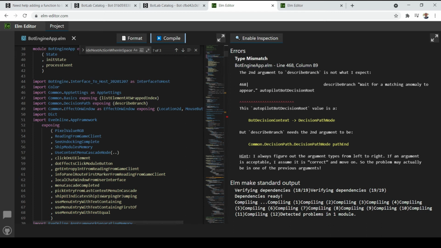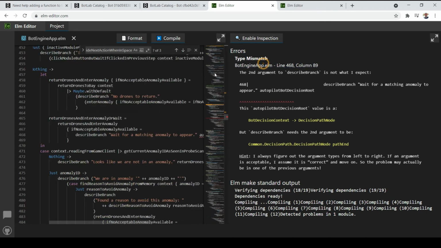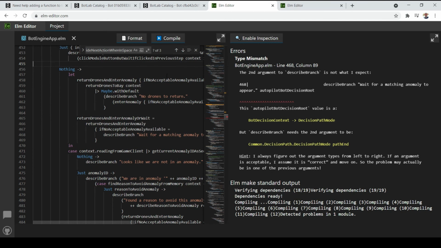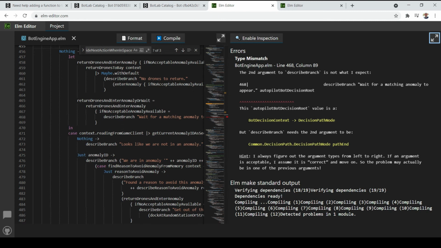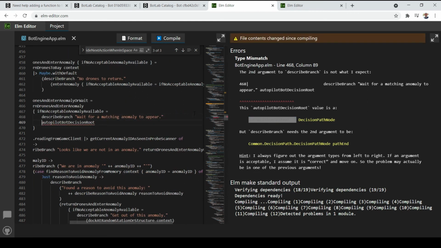Seems like we've copied all of the dependencies in our combat bot, and we are left with this type mismatch here. The type does not yet quite match. Here, this is a bit misleading because in this case, this here is already covered by this one here. So decision path node in this case is an alias for this. So we already have this part, and we only need to supply this argument on the left. So let's add that.